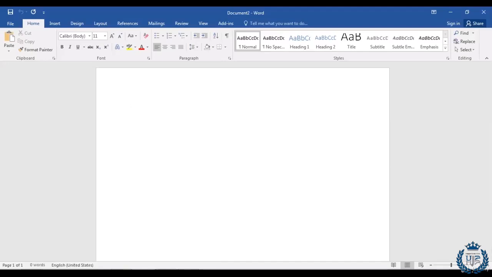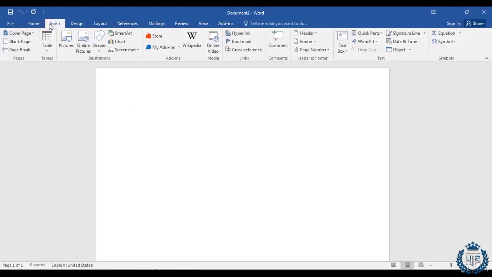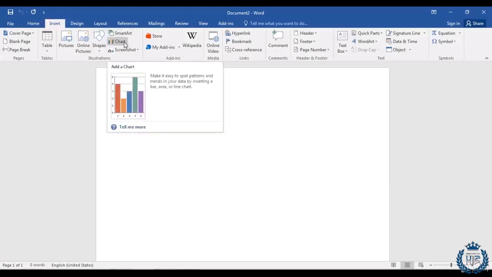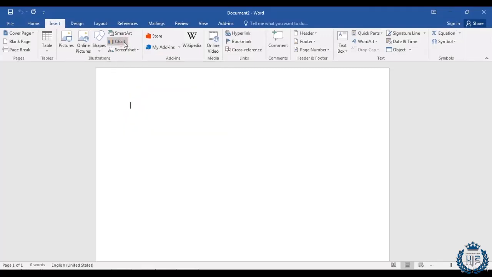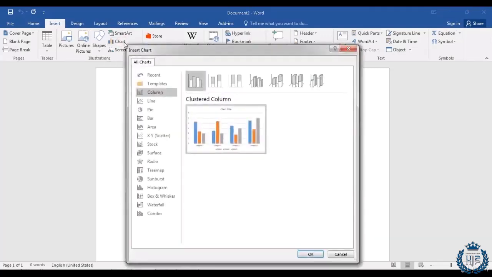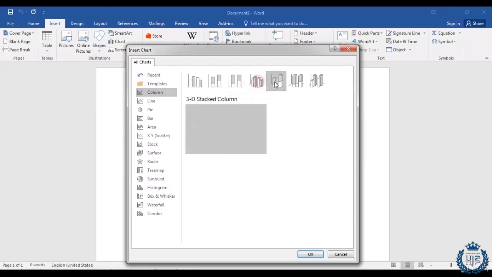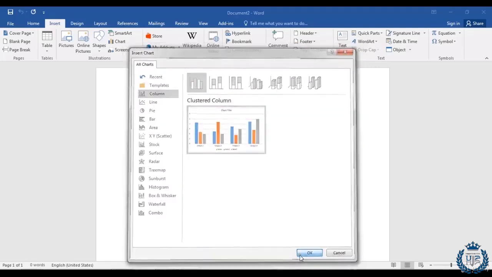Right now we will learn how to add a graphics chart in Microsoft Word. To add a graphics chart, you have to select this Insert menu, and from there you will get the chart option under the Illustrations tab. I'm selecting this chart option, and you will get a dialog box, and you will get different types of designs. If you want to take a column design, you will have some designs in here, or you can choose any kind of design from here. So I'm selecting this column design in here, and I'm selecting the OK button,